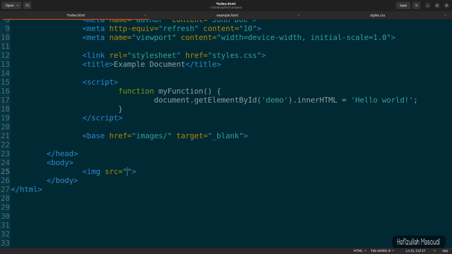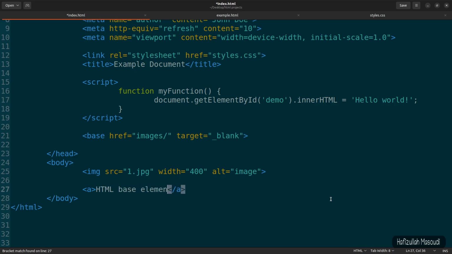This time because we have the base URL or base element, we can just call the image, so 1.jpg, and let's say we want a width for it, which should be 400, and an alt for it, which should be, let's say, image. And let's also create an anchor tag, so let's close it, and let's say HTML base element,